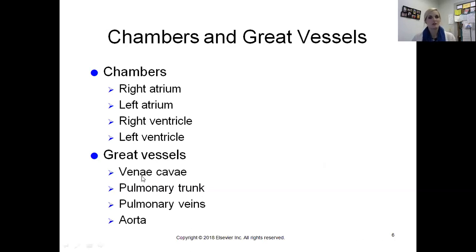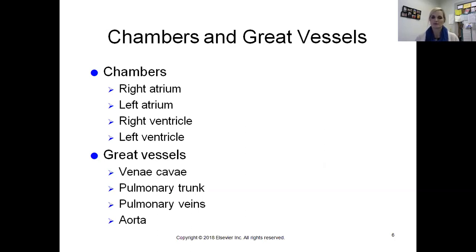Specifically, we have some veins and arteries. The vena cavae, or vena cava if you're looking at just one, is plural because there are 2 of them on the heart. These are the largest veins on our heart, veins meaning that they're coming towards the heart. We're going to label 2 of them, but that's one of the great vessels of the heart that's bringing blood into